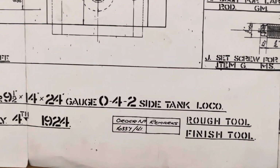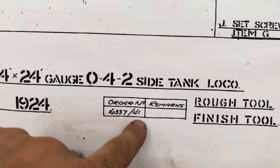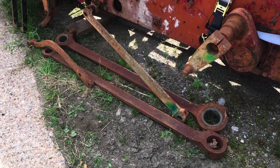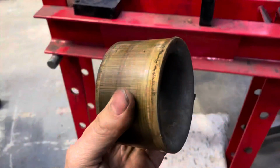This is the original works drawings, which again we were lucky to get. You can see it's marked up 16337 to 16341, which is of course our locomotive from that little batch of 5. Here's the coupling rods, connecting rods and a bit of the valve gear as it was when we found